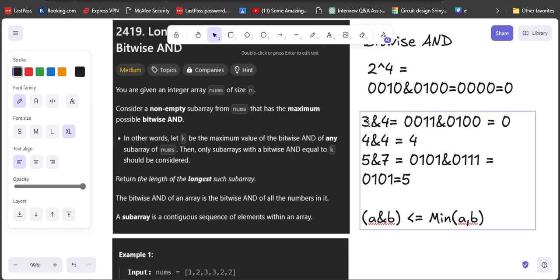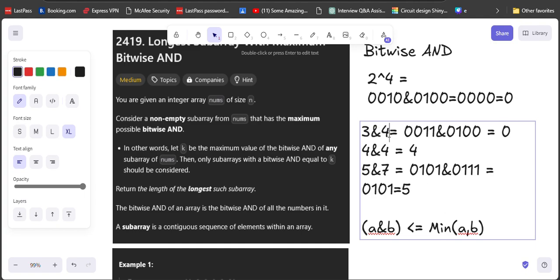See this example, 5 and 7. We did the AND operation of 5 and 7. What we get is 5, which is the minimum value of a and b.